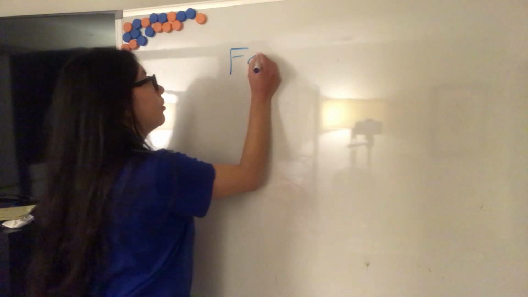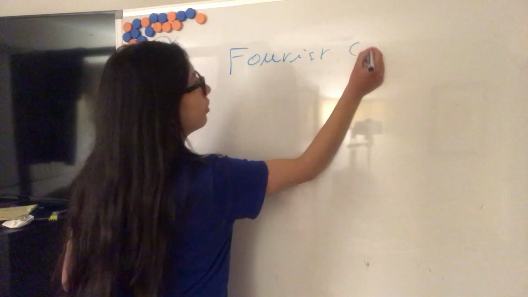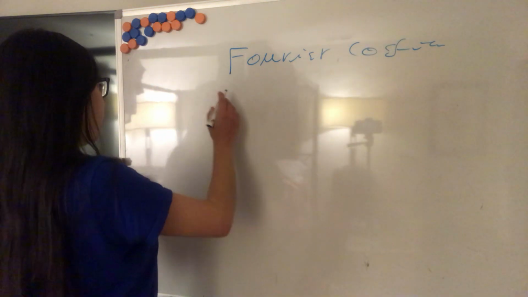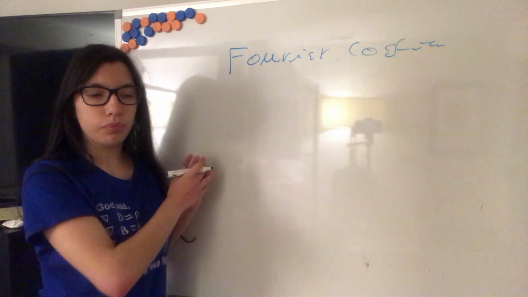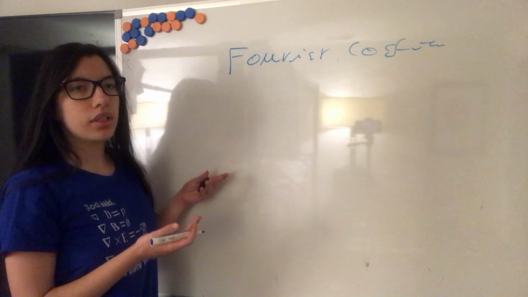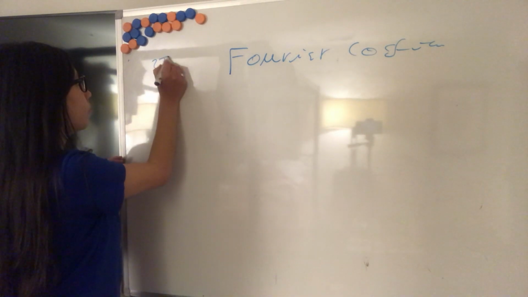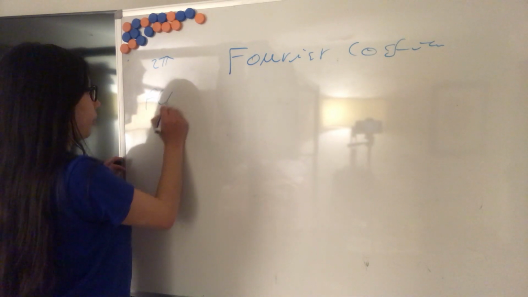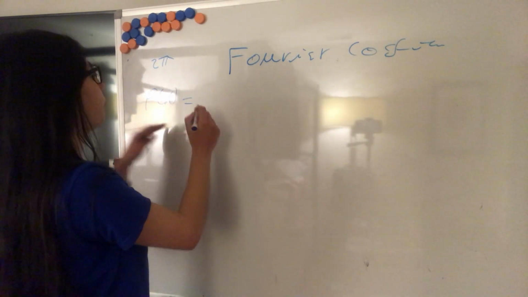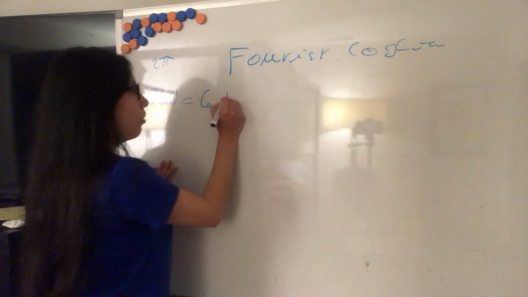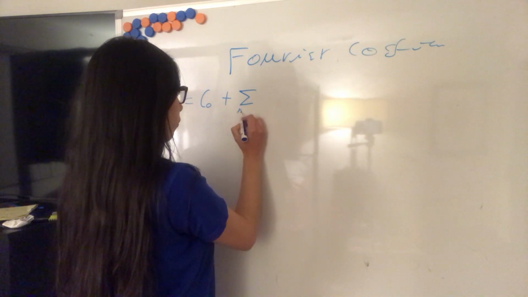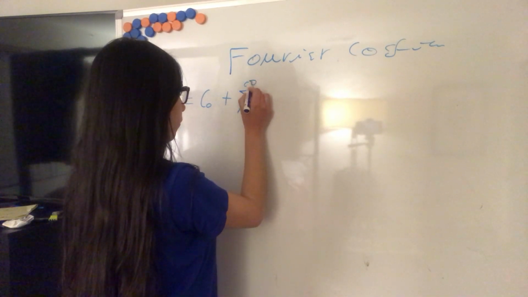To derive the formula for the Fourier coefficients in the Fourier series. So we have the Fourier series for a function that has period of 2 pi: f of x would be equal to a constant plus the summation from n equals 1 to infinity